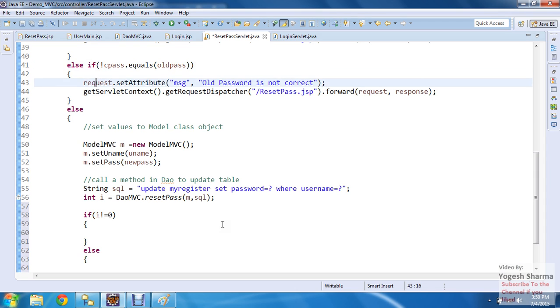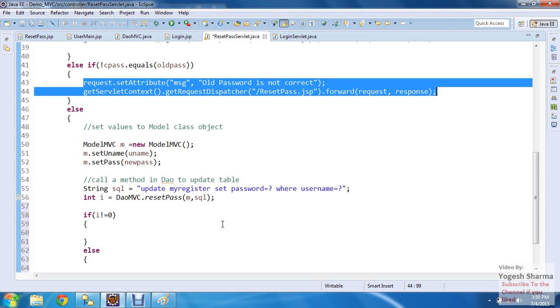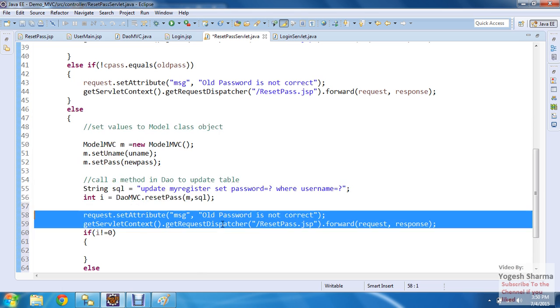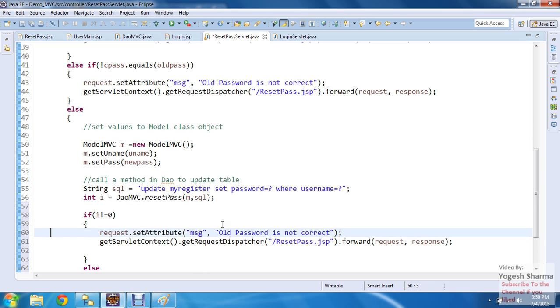So if your i is not equal to 0, I will take these lines, fine, and set a message. That message is password updated successfully, fine. And we'll go to the page user main.jsp,